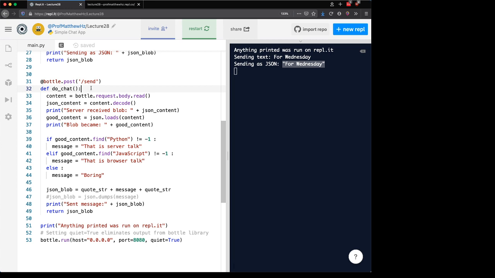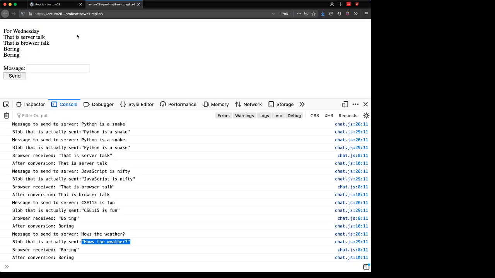Now, the next two lines are kind of ugly and yucky, and I apologize, but there's absolutely nothing I can do about it. It's just part of the bottle library. In order to get the data that was posted, we just have to use this line, bottle.request.body.read. And then to get it to be the actual usable JSON blob, we have to call .decode on whatever that result is. I wish I could give you some easy way of doing this or anything else. Literally, that's what you have to do. That's just a bunch of code you have to always use the same thing for, just the way it works. So whenever we type something,